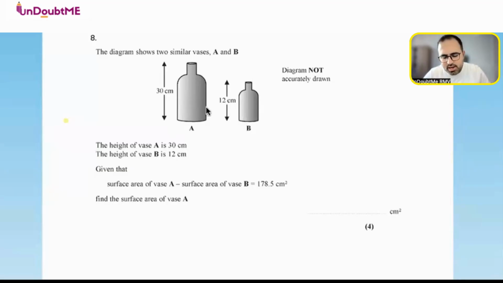Okay, these are two 3D shapes and the diagram shows two similar vases A and B. Heights are given: 30 and 12. Given that the surface area of A minus B is this, find the surface area of A. Now, since we don't have their proper shapes or any other dimension, we have to use one concept